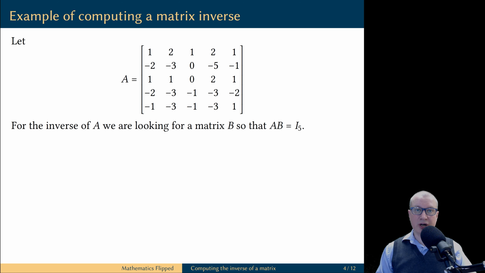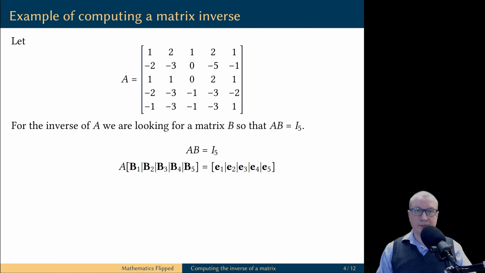Now, let's just jump off the cliff and try to compute an inverse of this 5 by 5 matrix. An inverse of the matrix A, if it exists, let's say it's a matrix B, must satisfy two equalities. First of all, A times B must be the identity matrix, and B times A must be the identity matrix. Well, let's start by trying to find the matrix B that satisfies at least one of these equalities, namely A times B is equal to the identity matrix. So the matrix A is given, and we are looking for the matrix B which satisfies this equation.